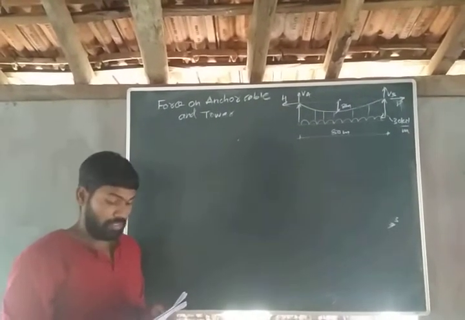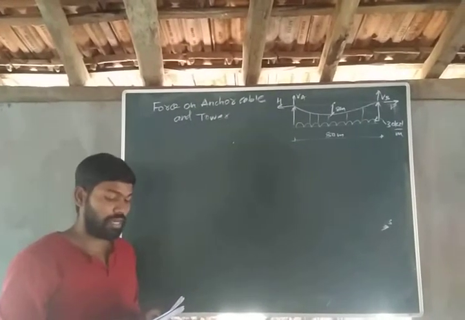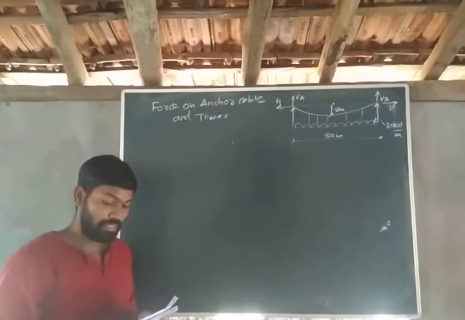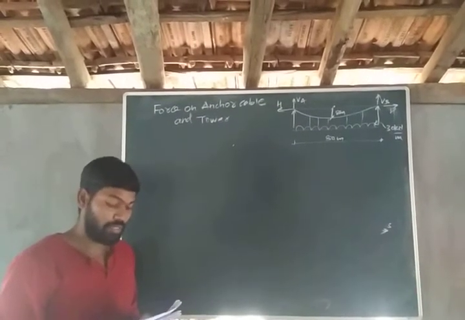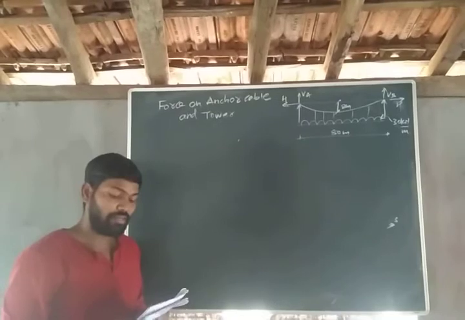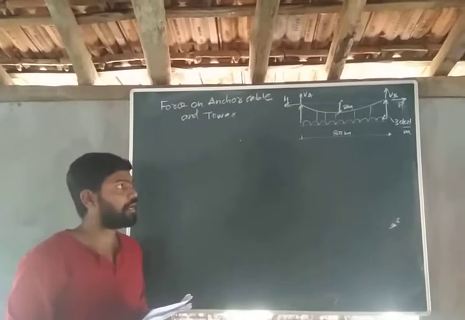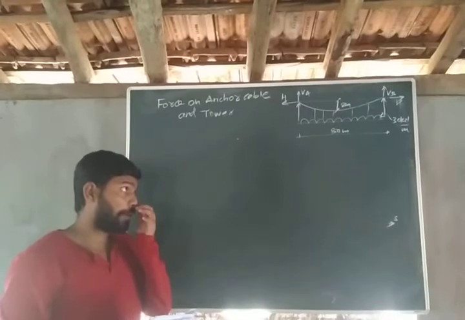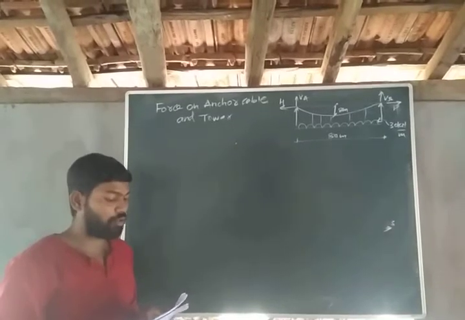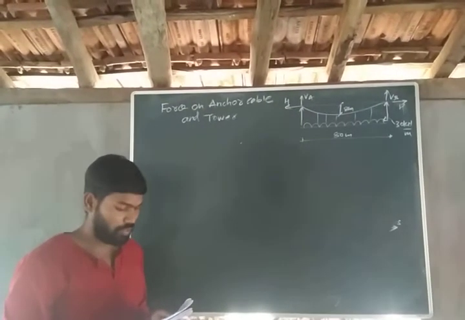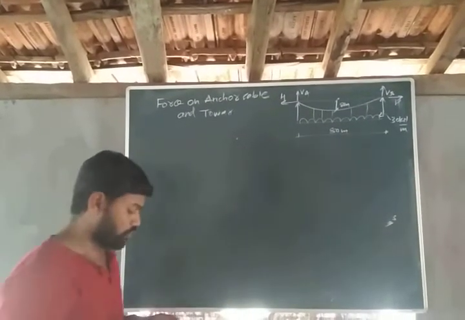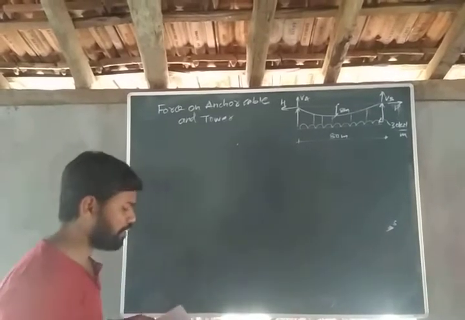If the cable is supported by the saddles, which are stayed by wires inclined at 30 degree to the horizontal, determine the forces acting on the tower. If the same inclination of backstay passes over the pulley, determine the forces on the tower. So you have to calculate the forces on the tower in case of pulley and in case of saddle. Similarly, we have to calculate the maximum tension in the cable. The angle of inclination of suspension cable is 30 degree, it is given. First we will consider the saddle arrangement and then we will consider the pulley arrangement.